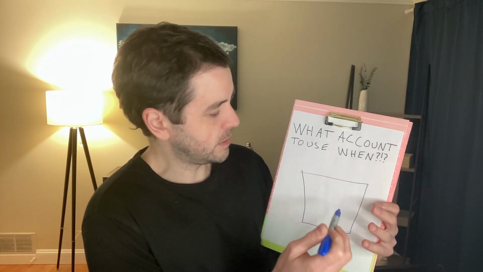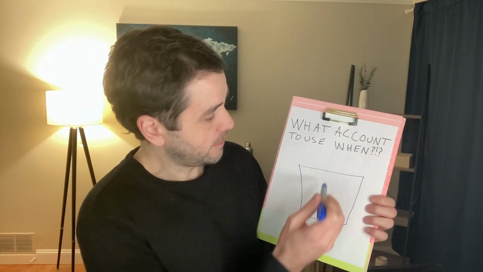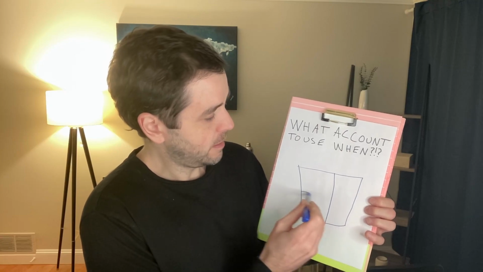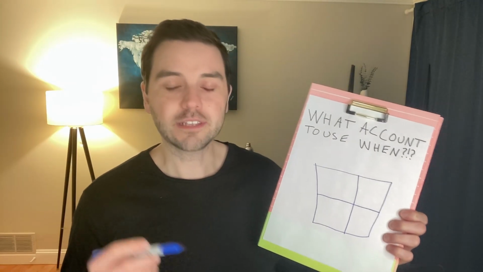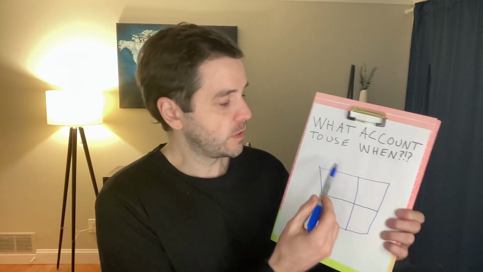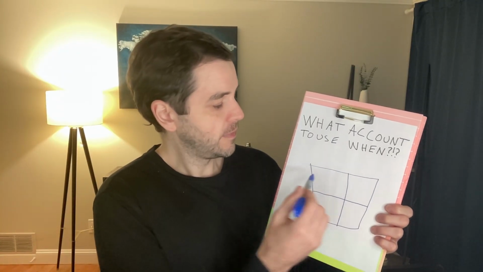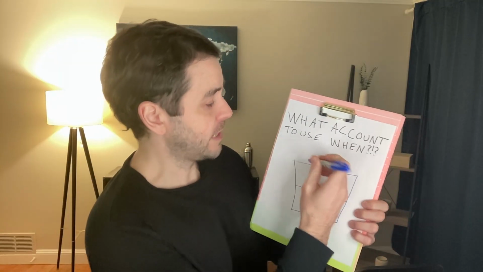So we're going to draw 4 quadrants. Let's see how this goes here. Oh, that was terrible. Okay, here we go. All right, we have our 4 quadrants. So how this is set up is there's going to be time frames up here and then the strategies over here. So for time frames, we have